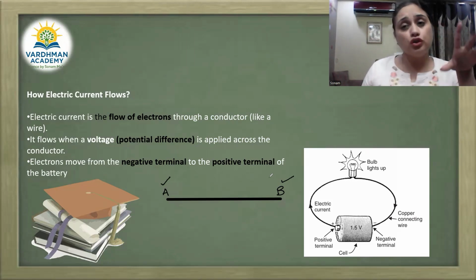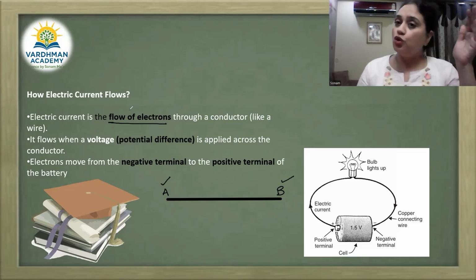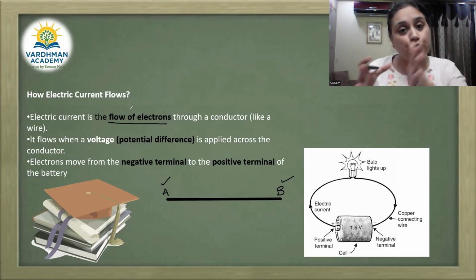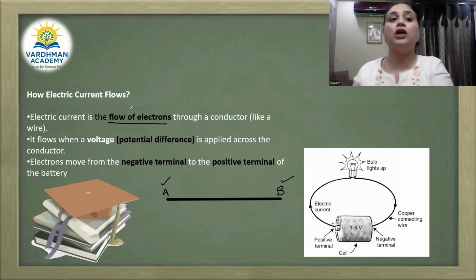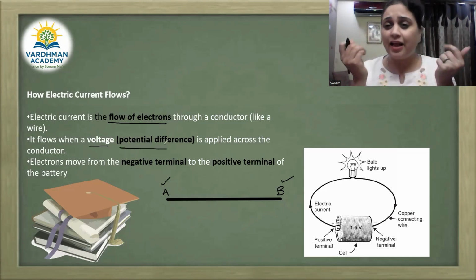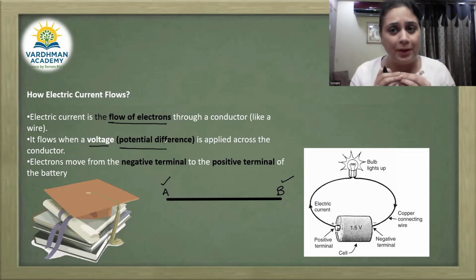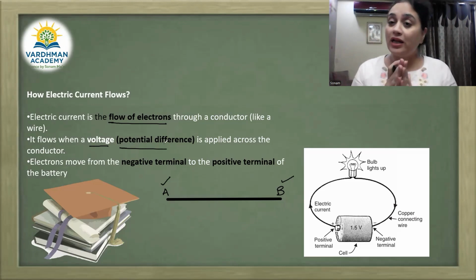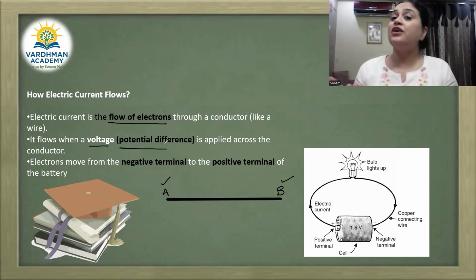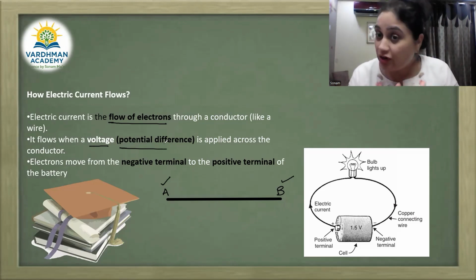So, electric current is nothing but the flow of electrons through a conductor. Now, we need to understand what exactly is pushing the electrons to move through the conductor. So, it is the potential difference. Just think of those tiny water droplets which get stuck in a pipe after the water flow. Are those tiny droplets of water going to move on their own, or does it require some push? Yes, of course, it requires a push.